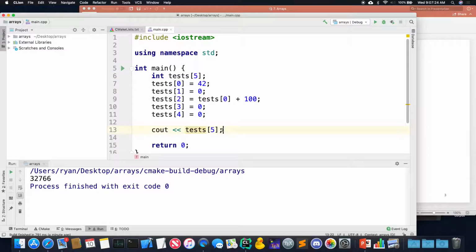So what happens here is something called undefined behavior. I'm accessing something that's not defined by the C++ language of what it'll do. The program may crash. It may, in this case, print whatever data was there. So we have to be careful in accessing the data in our arrays so that we only access the things that are defined in the array. Whereas here, you can actually do something that was not expected. Great question. Other question?